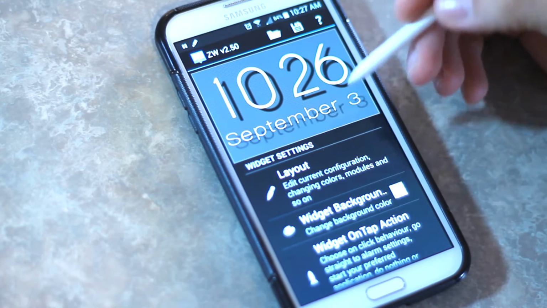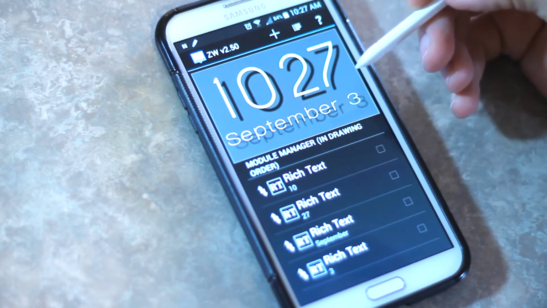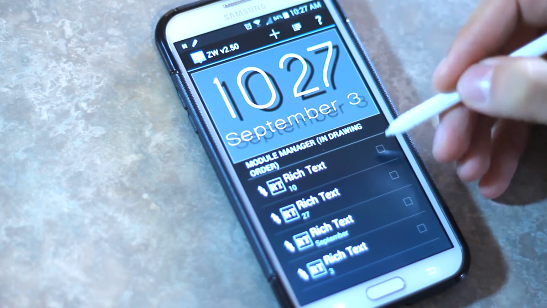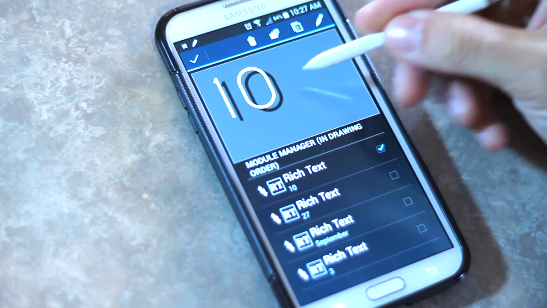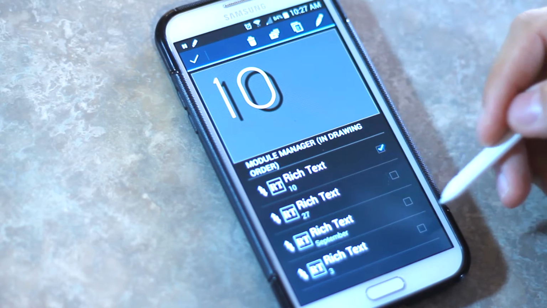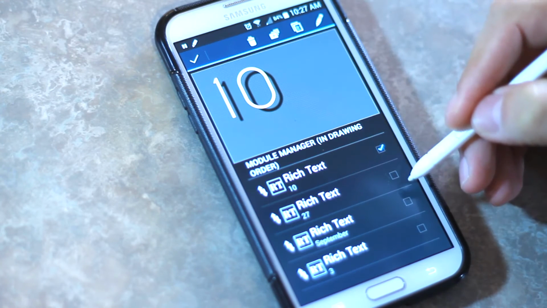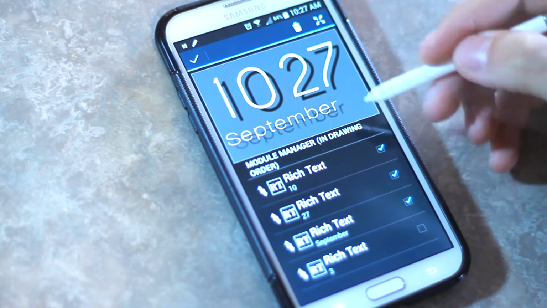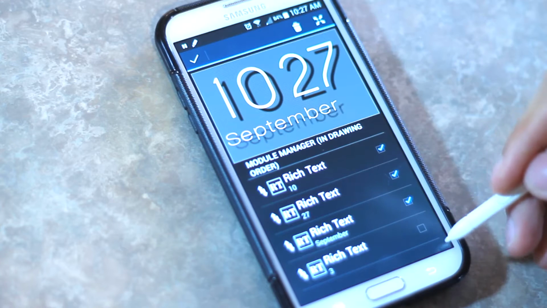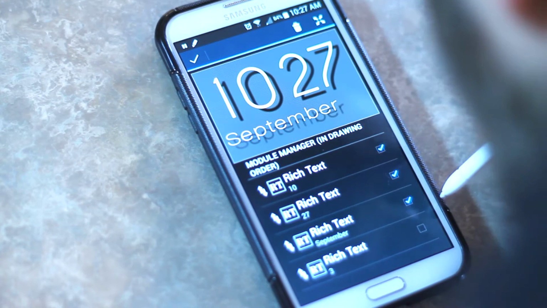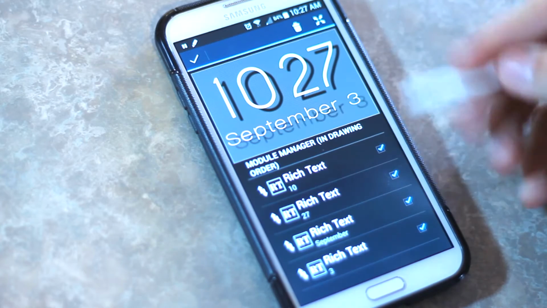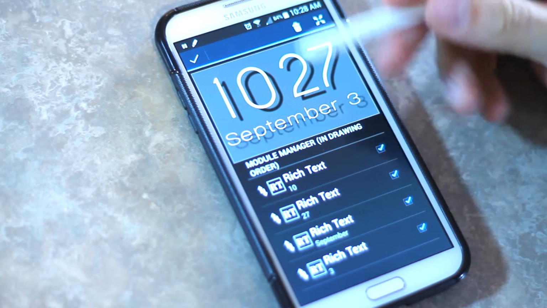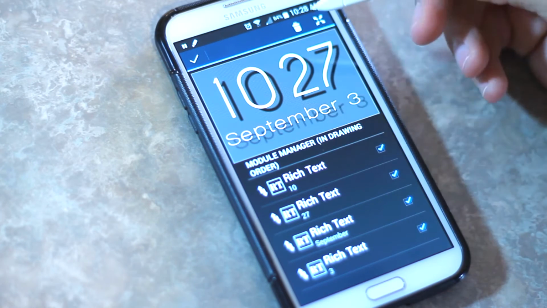If you've ever used the application UCCW, it's the same thing. You create layers upon layers of what you want. See, like that, I just created that hour widget there, and then here is the minutes, and then we have the month that it's currently, and then you have the date, which I didn't get that one. There we go. And it's got a nice little drop shadow,